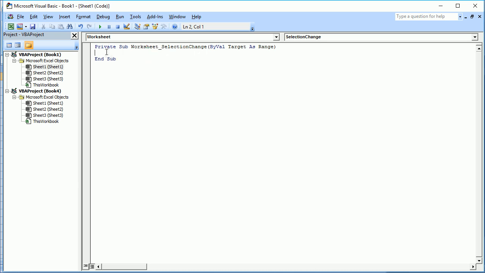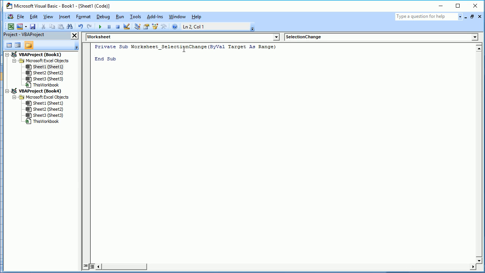It means that now you have selected sheet 1, and when you move to sheet 2, then this code will trigger. I will explain you later about this, so don't worry about this. I'm just making you familiar with this screen and these drop downs and all. So now you can see here that